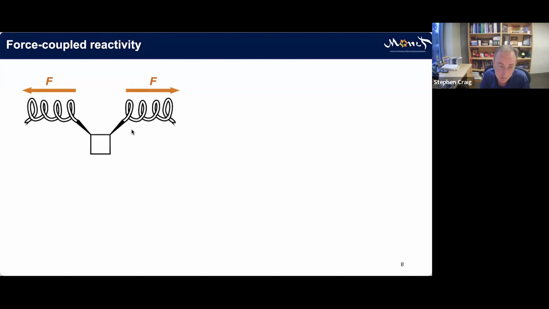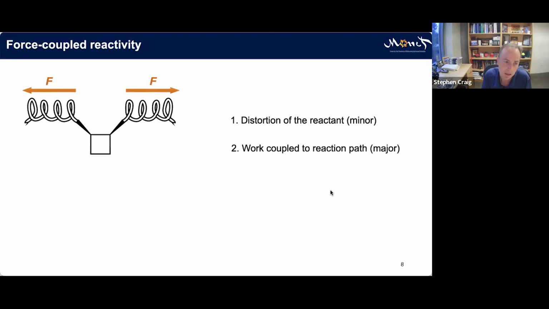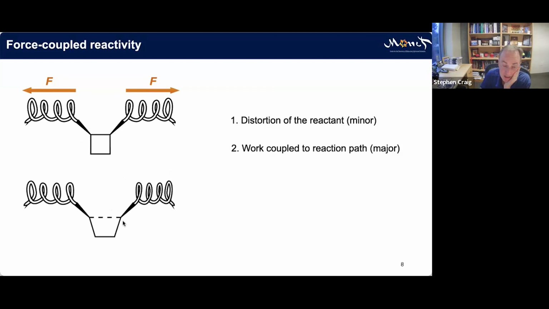So applying that force does a couple of things. The first is that it distorts the reactant, starts tugging it away from its equilibrium structure. That's typically a very minor contribution to the reactivity. The main contribution comes from the fact that now I'm doing mechanical work in a way that is coupled to the reaction path. What I mean by that is that if I go from this ground state structure of the cyclobutane to a transition state of the rate determining step, in this case breaking that very first carbon-carbon bond in the cyclobutane,